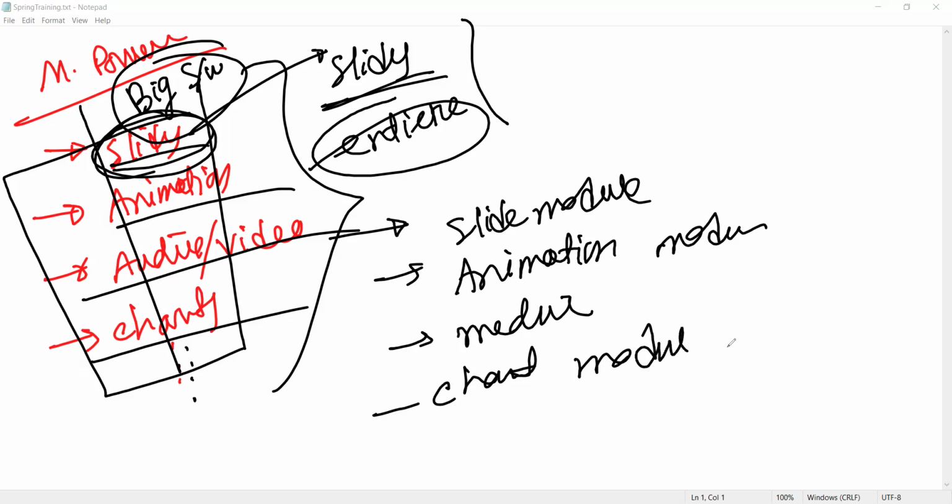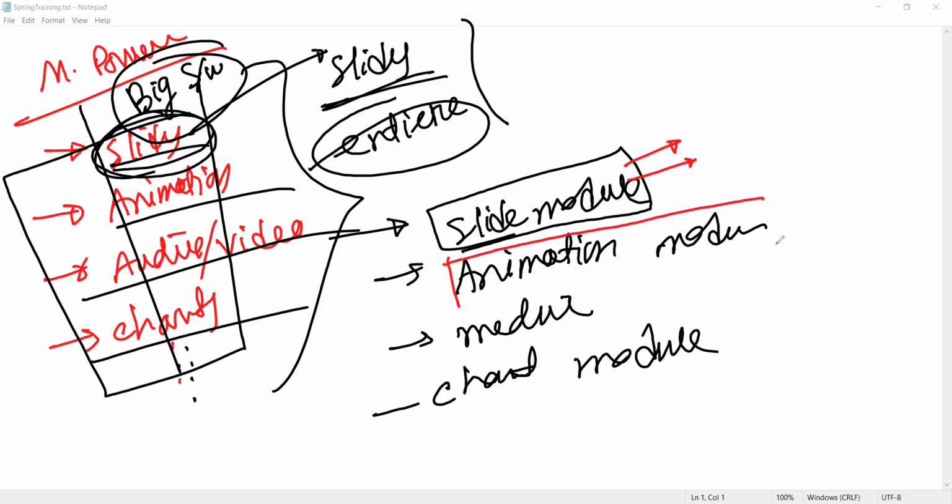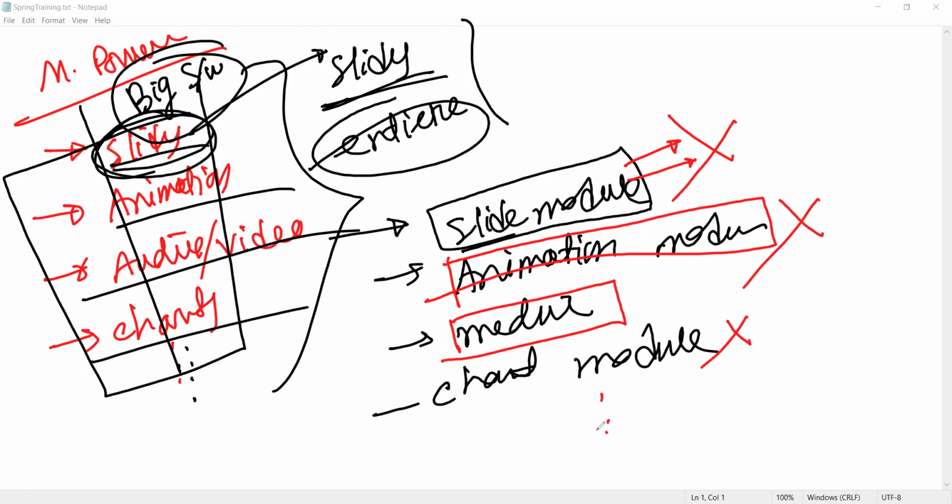If your job is to create slides, download or install only the slide module. If your requirement is animation, download the animation module. If your requirement is video, download the video module. You don't need to download the slide module, animation module, chat module, or the remaining modules.